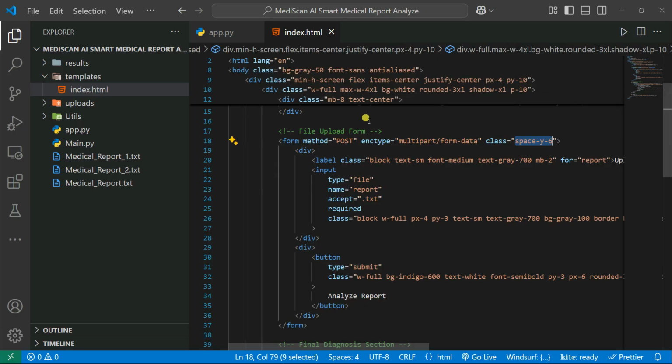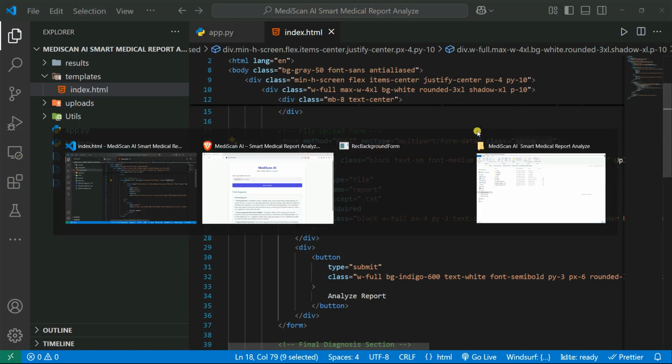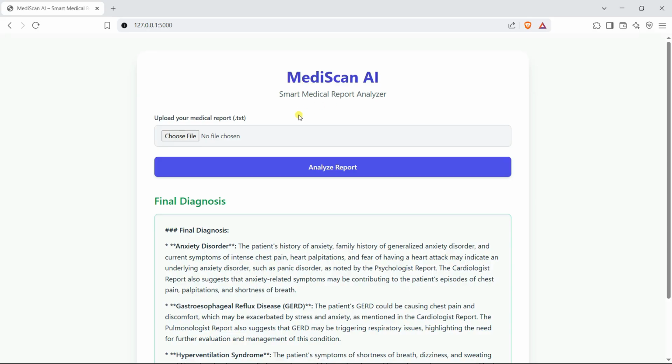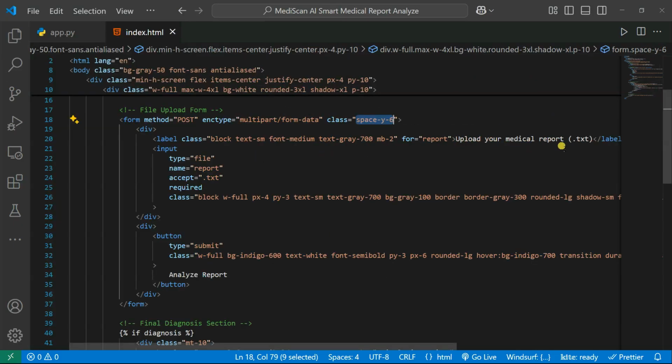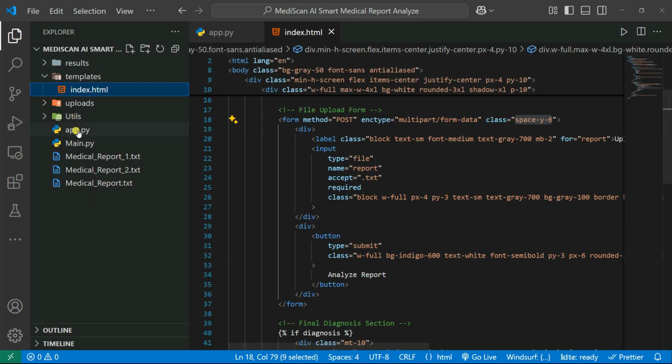y-6, that means it will get some space on the y-axis, of 6. If I see that, you can see it will create some space. Then inside that you have another div, and we make the label name as upload your medical report .txt. Make sure that your file is in the form of txt. I'm not actually using any pdf format here, that's why I cannot upload it. But if you are using a pdf file, you can obviously use that. But for that you need to also do some pre-processing